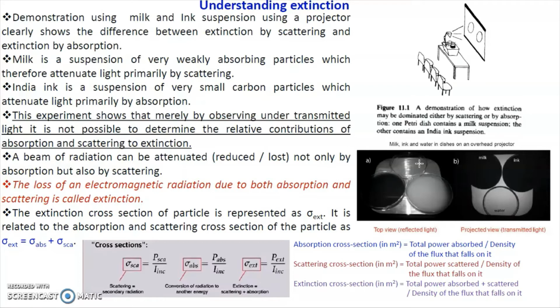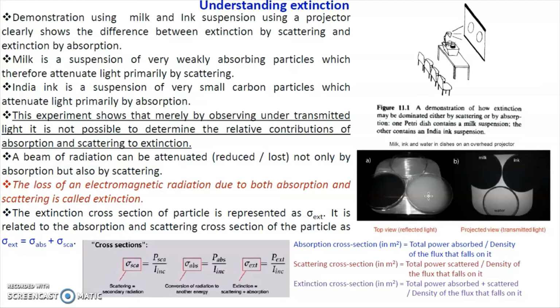So in case of water, there is no absorption, there is no scattering, right? But in case of carbon ink, there is only absorption, there is no scattering. But in case of milk, there is scattering in the reflected light and absorption in the transmitted light. I hope you understand this experiment. From this, what I wanted to say is that there are some materials where both of these things happen, depending upon the view from which we are looking at the material.